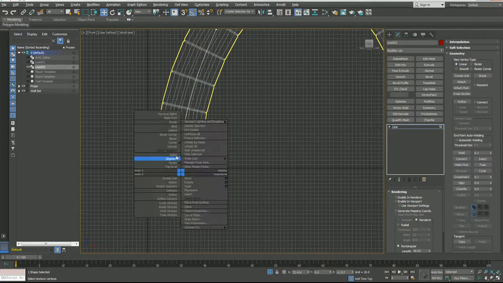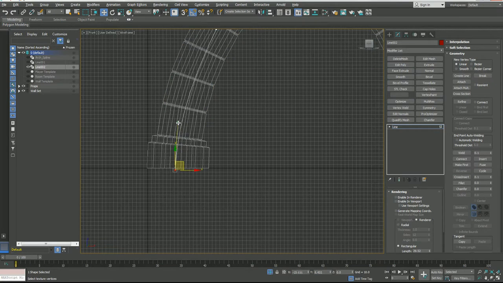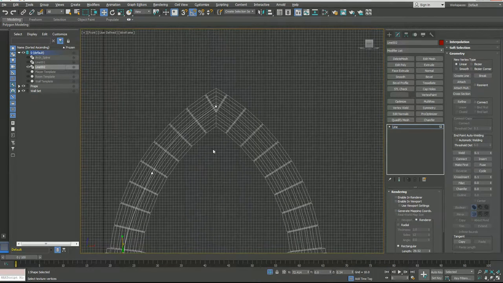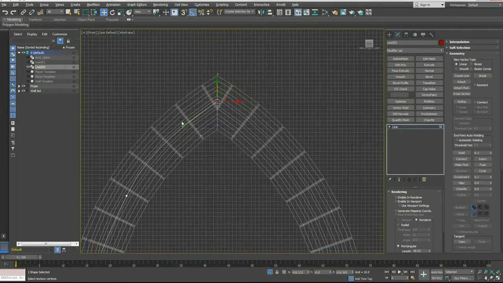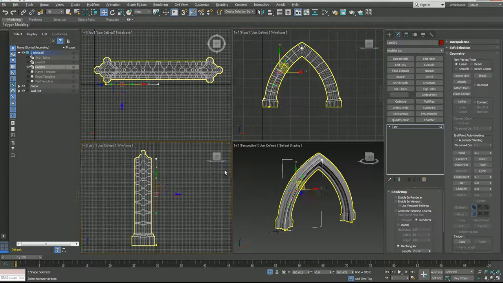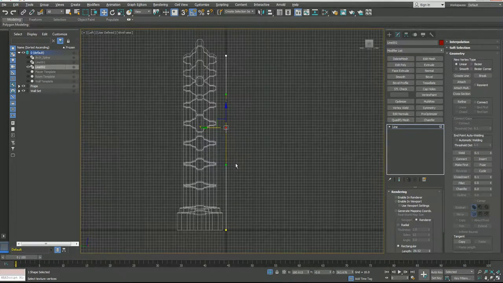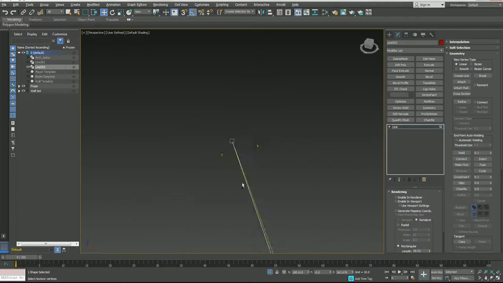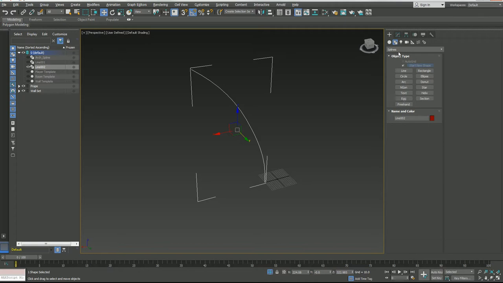I want to make that a Bezier as well, so that I can make this edge right here 90 degrees. It'll help out. I'm going to clean up this bottom edge in a little bit. Make that a Bezier so I can get this top arch just the way I want it. All right, so I've got the arch. So now we're going to use this as a box. No, we're not going to use a box. Excuse me. We're going to actually use the rendering tool in this line